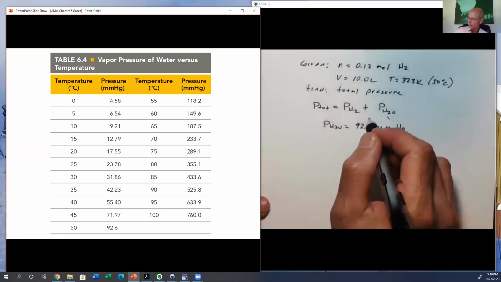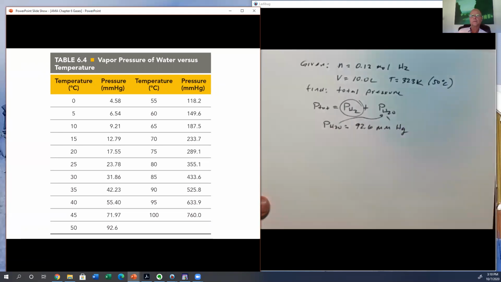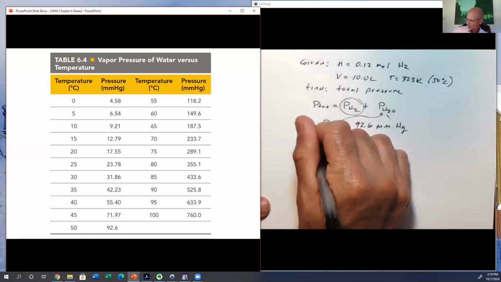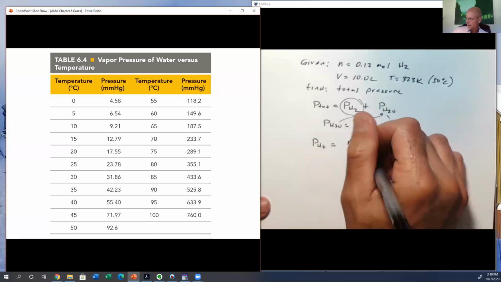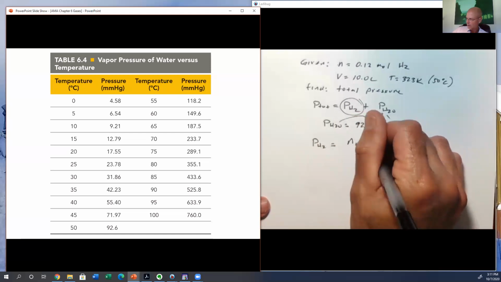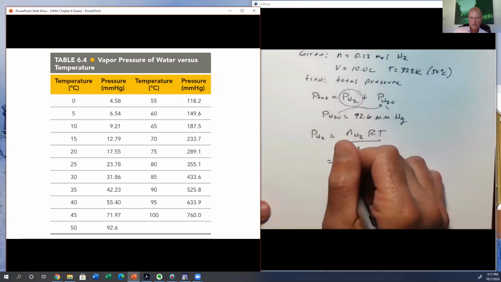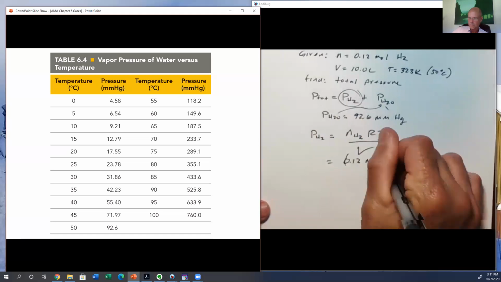Okay, so we know this. How are we going to get this? Ideal gas equation. Again, ideal gas equation. We solve this over and over again. So we know that the partial pressure of hydrogen is equal to the number of moles of hydrogen times RT over V. So we plug into that and we get 0.12 moles times